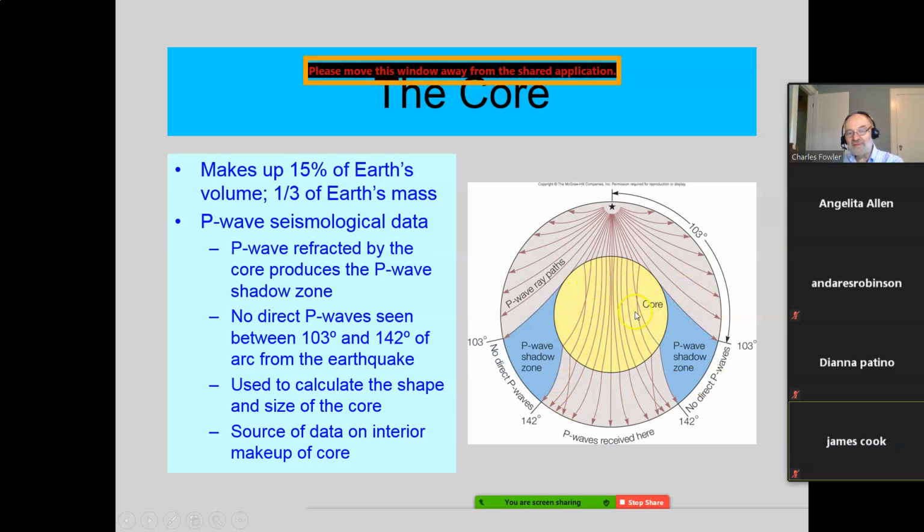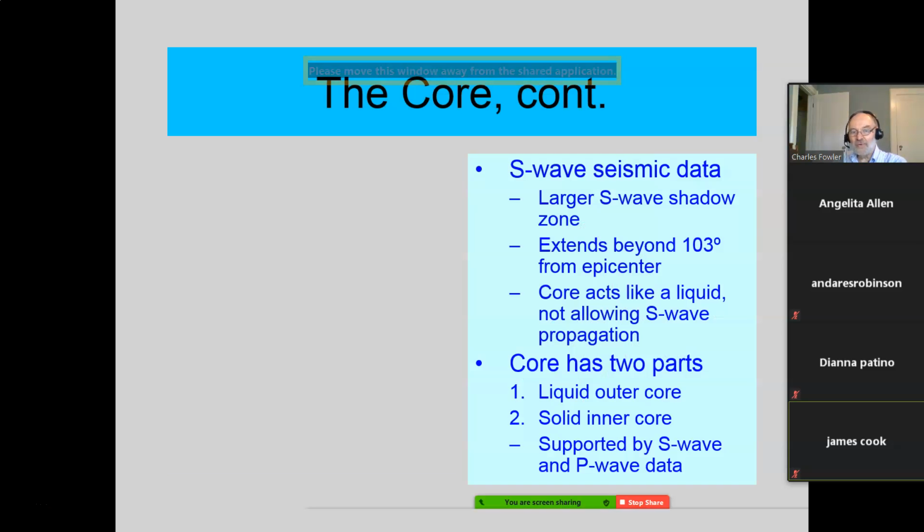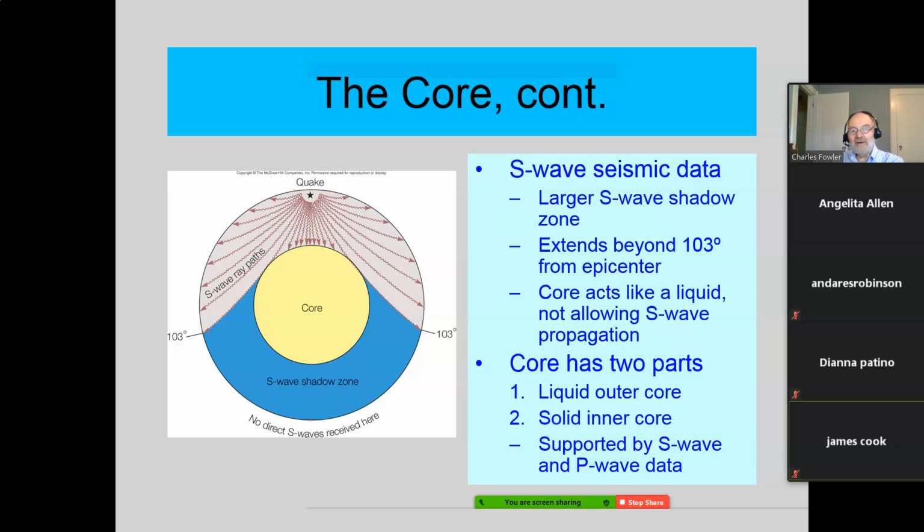That's the only model that does, so it must be a solid inner core here where the lines get closer together than they are, from spread out to closer and from closer to more spread out. So that would indicate there needs to be a solid inner core. Okay. Now, that you get from the combination of the S wave data and the P wave data.